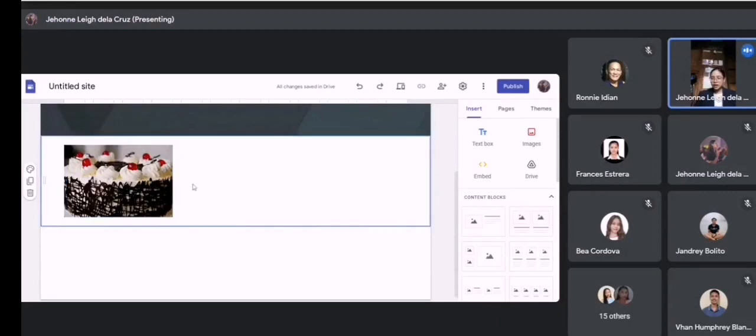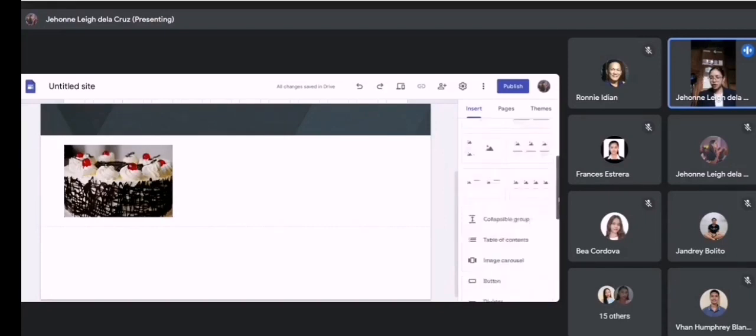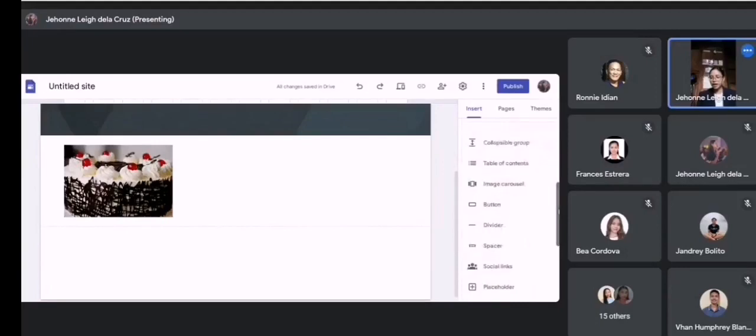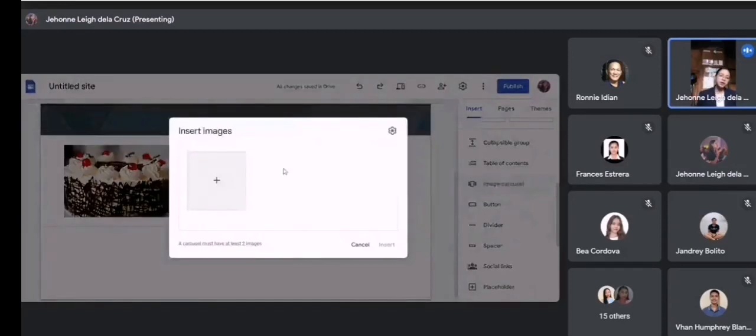we can also add an image carousel. So if you're familiar with some web pages that have an image carousel, it is a part of a web page that consists of not just one picture but two or more pictures. So it is also under the insert tab in the top right of the screen, and we're just going to scroll down, and we're going to find here the image carousel. Just click it, the image carousel, and it's going to show us this,